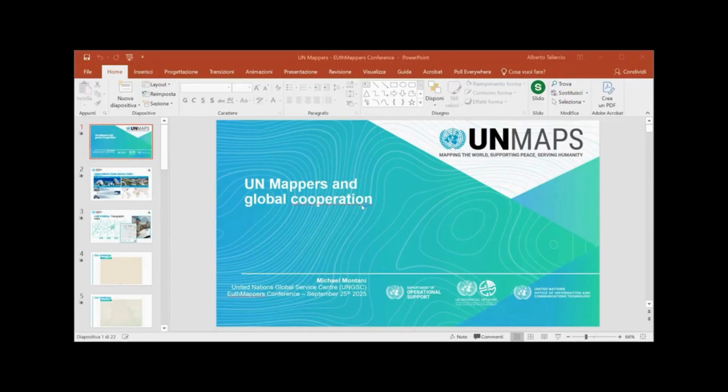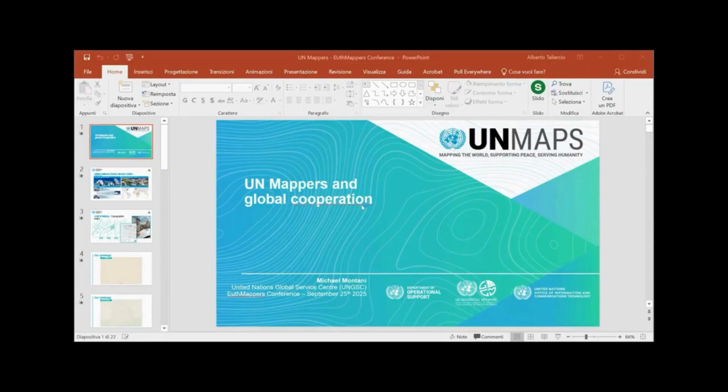So we established the UN Maps. That is, as you can imagine, a kind of Google Maps version for UN personnel. And that is offering different services, including visualization and navigation, like street maps, operational maps, three-dimensional visualization of the data, but also the traditional cartographic products. So we still do the paper maps for the military that have to plan tactical operations, and they have to go on the field where internet is not available.